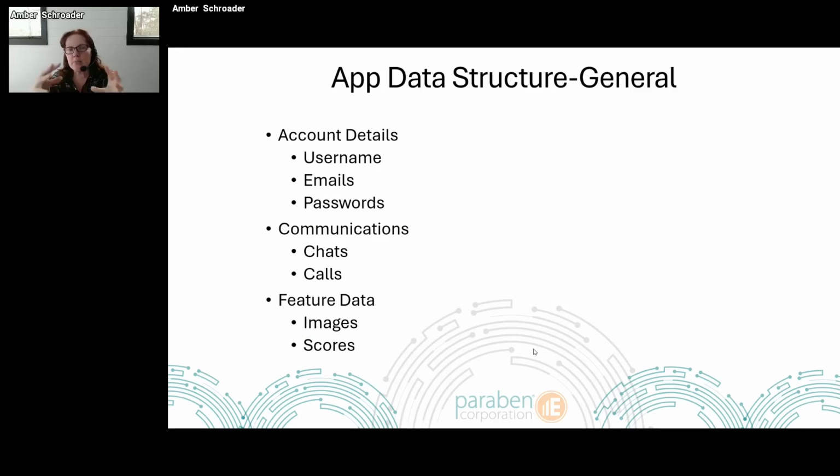If it has any communications associated with it, I'm going to see those databases. Those are typically located in SQLite data. So I'm going to be able to see that messaging traffic, just like I had in my example with MeetMe. And then you might also see specific feature data. One of the important things with feature data, again, if you've never run the app, you're not going to understand what that feature data might be.